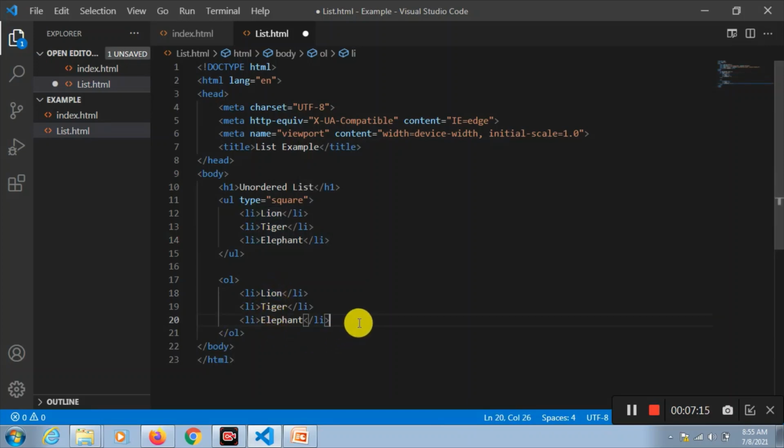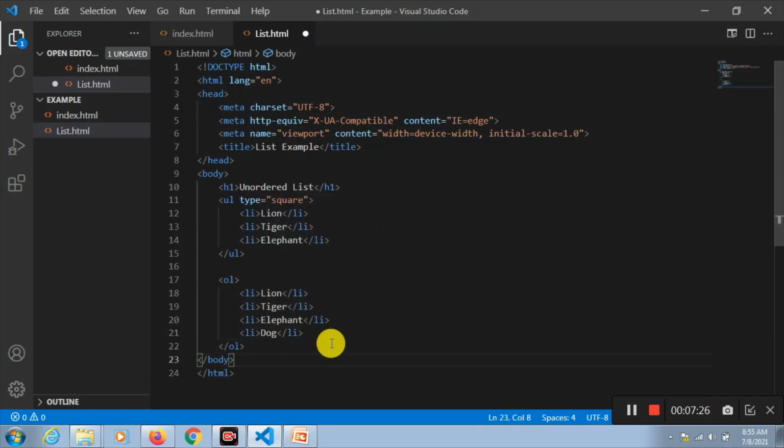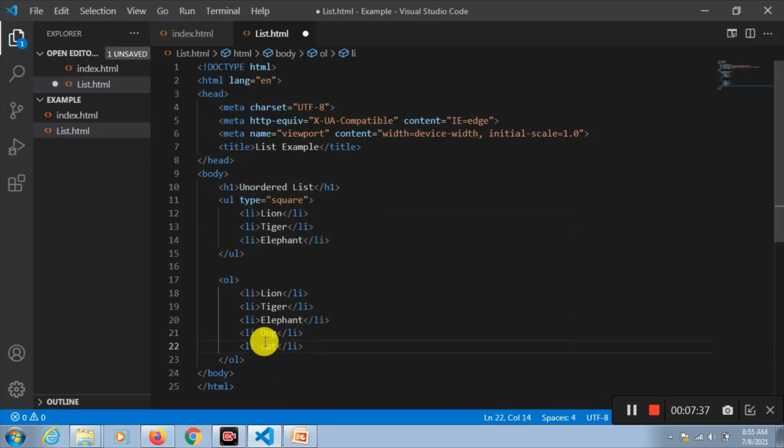We can add some more content also. I have given the list here. I have added two more items here in this. And let's see. Save it.